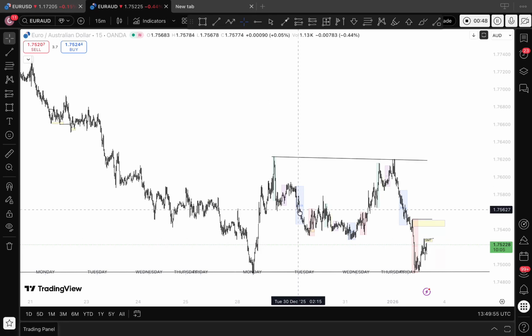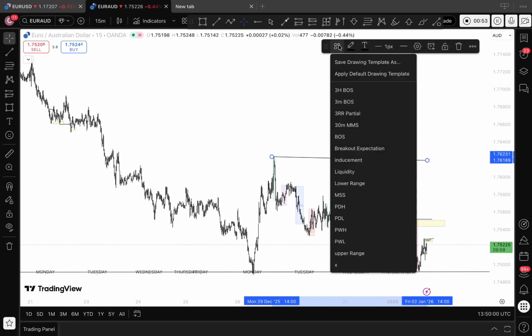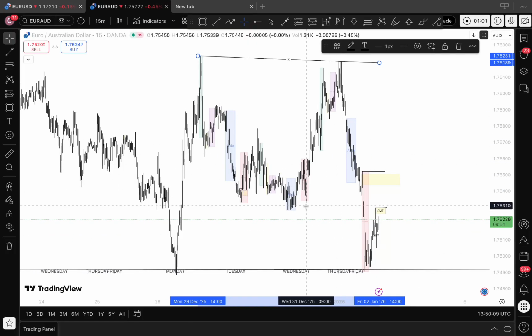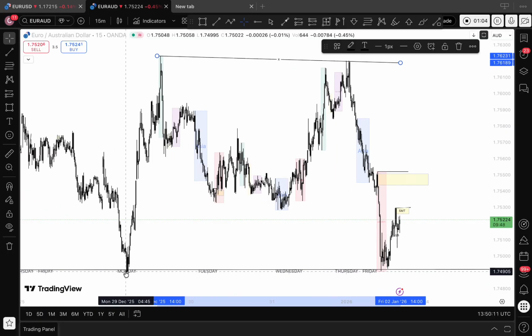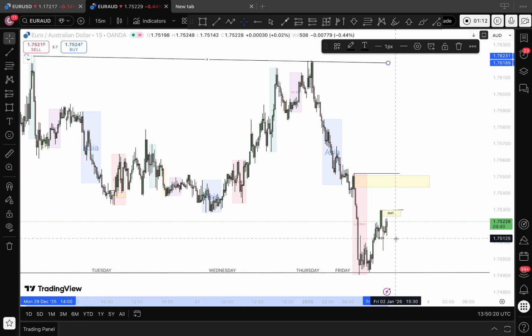It has broken structure and retested the point where the market broke structure, though it's created liquidity at this point. But we are less concerned about the liquidity over there for now. So now the market is coming down, and there is a rejection because of the zone around this point. We know this market is going to continue trading downward, but all this structure in between is not what we are really after for now.